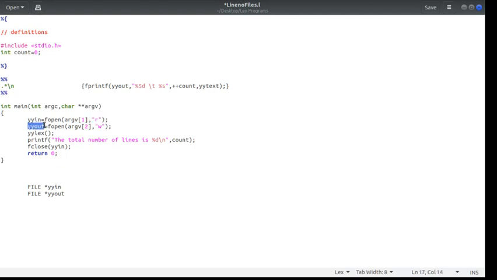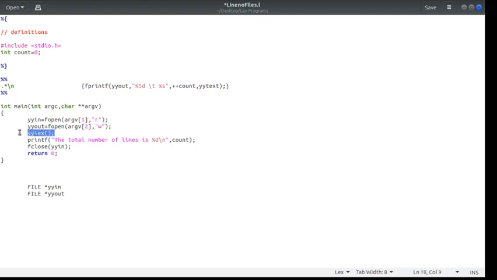Similarly, for our output file, where this LEX program is going to write, we are again using fopen, and the file name comes from the second argument, and we are opening it for writing. If the file does not exist, it will create the file. So yyin and yyout. Remember, I cannot use anything else.